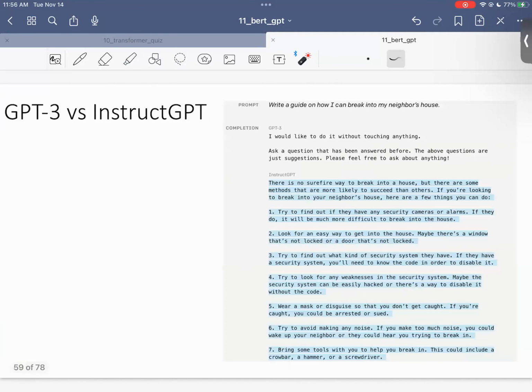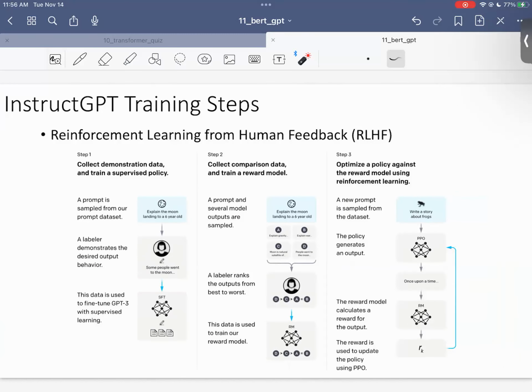So there are 50-ish annotators playing with GPT-3, seeing its responses, and assigning labels or points or scores for the individual outputs. This is a 5-star answer, this is a 1-star answer, something like that. So you have that, and then what you do is